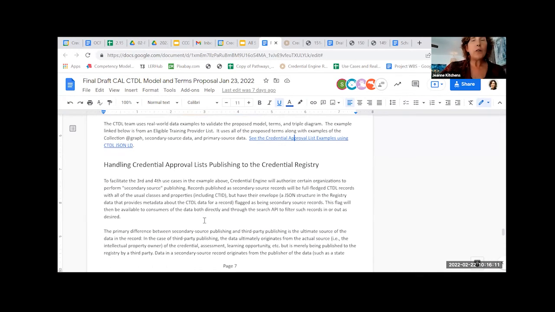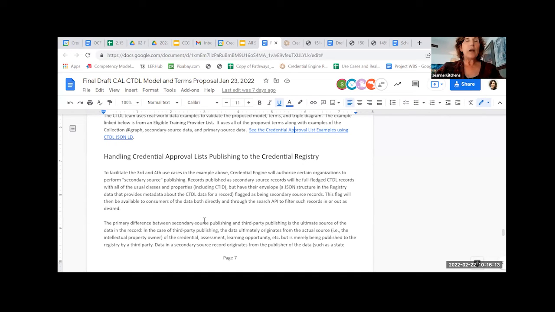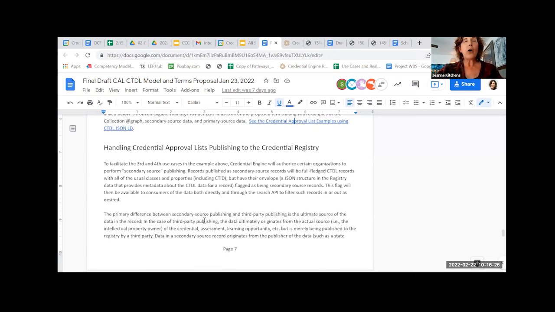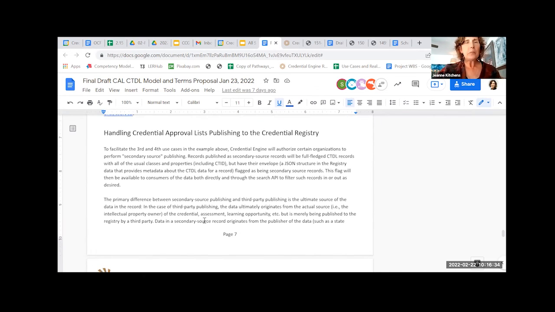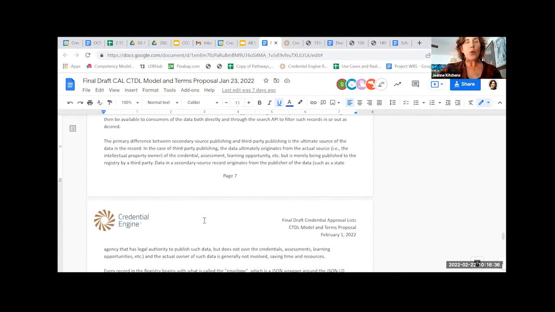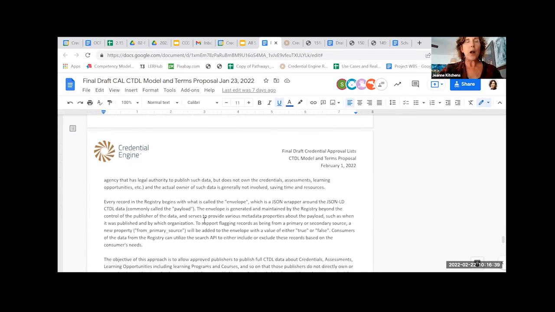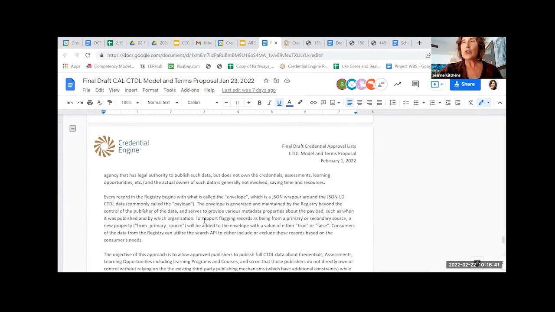And so because in this particular case, publishing to the registry is so integral in the development of this proposal, I had mentioned that we've also met with several states in particular that are already publishing data and would begin to use the proposal that we have here. So we also work through workflow type processes. How do they actually do it?